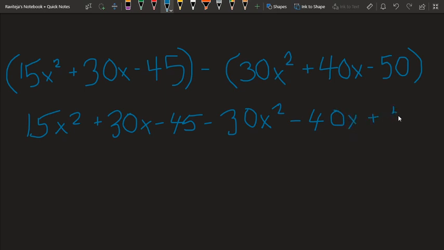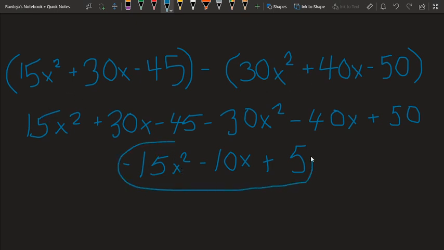Now we just combine like terms once again, with the 15x squared plus negative 30x squared resulting in negative 15x squared. Then the positive 30x plus the negative 40x would result in minus 10x. And finally, negative 45 and positive 50 would result in plus 5. So after we subtract the second polynomial from the first polynomial, what we get is negative 15x squared minus 10x